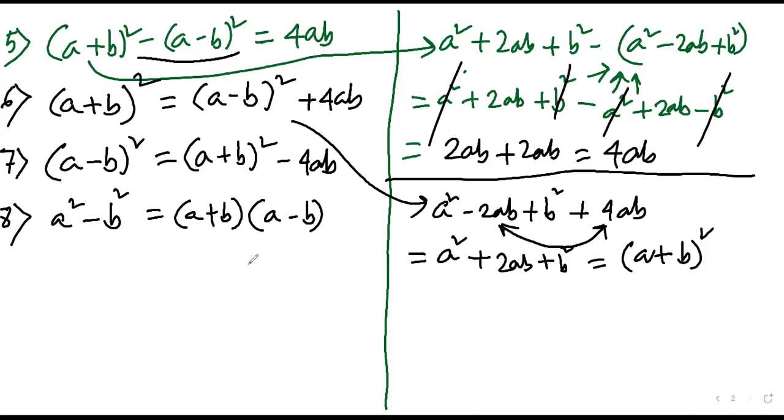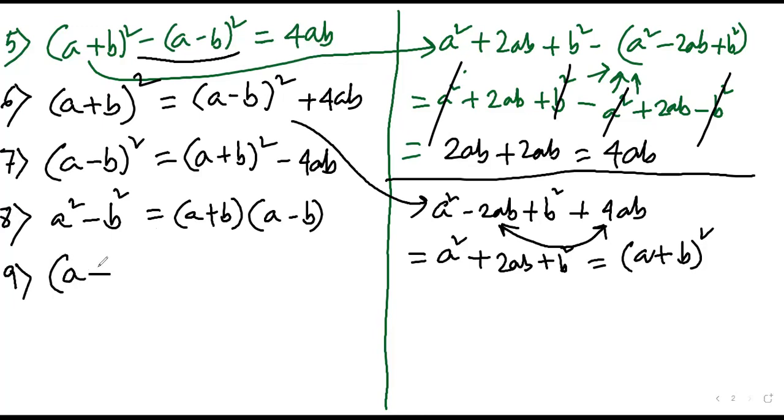And that is why this is factorization, and as a square minus b square is expressed as the product of two terms, namely a plus b and a minus b, these are factors. That is why this formula is called the formula for factorization. Okay, next,